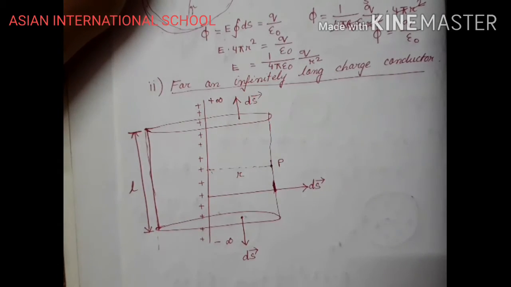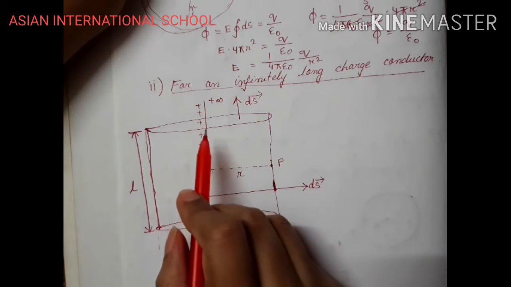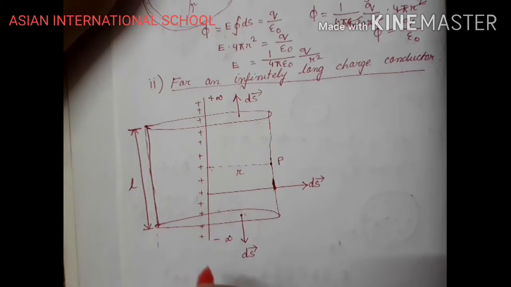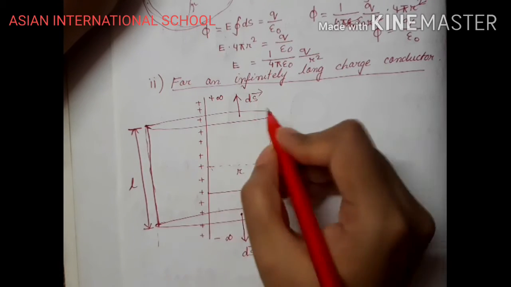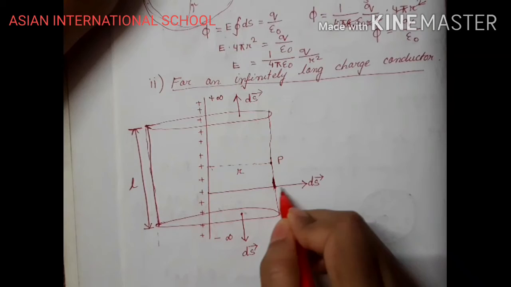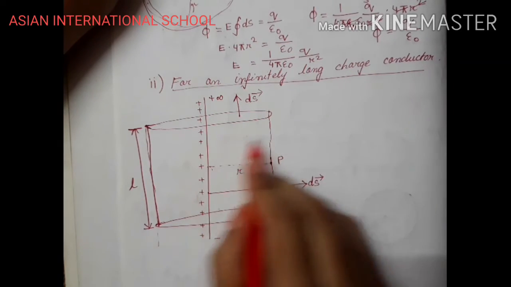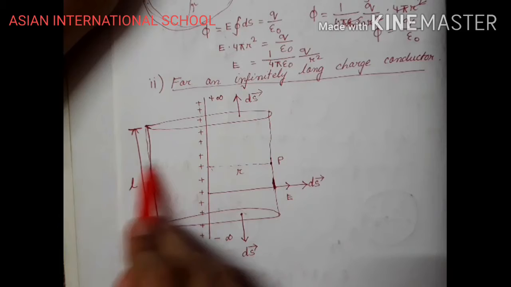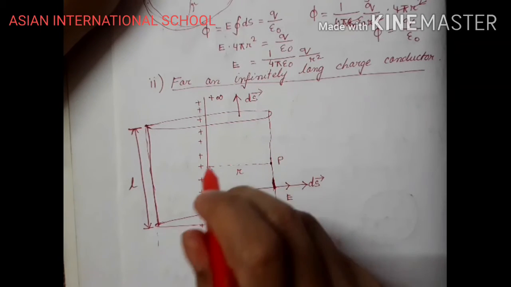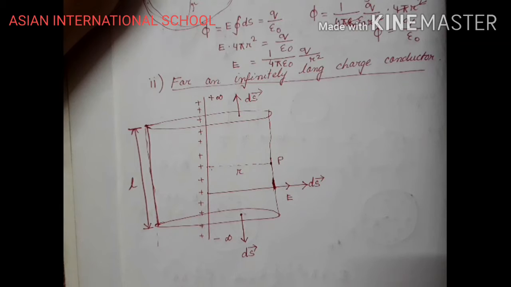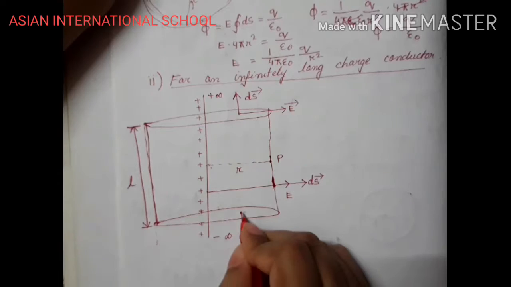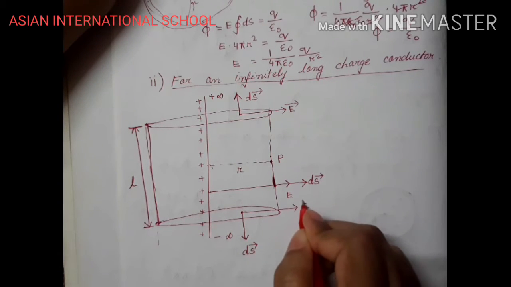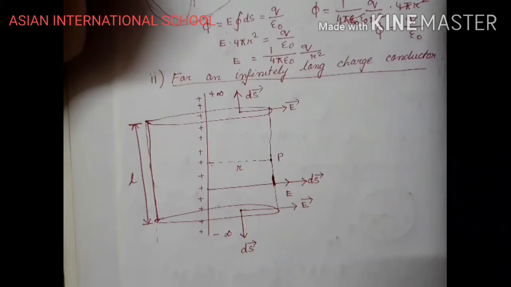Now, it's a long wire, okay? So how will the electric field be? For a long wire, I told you that the electric field will come out like spikes, from everywhere. So this will be the direction of the electric field. In this way, I will have my direction of electric field. The electric field from the curved portion will come out in this way. Here I have the direction of electric field, and here I have the direction of electric field.